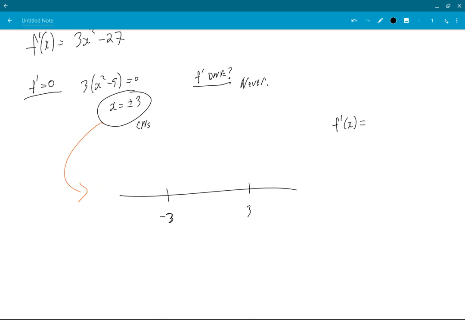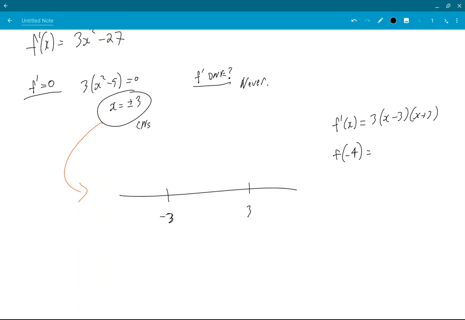And we're going to decide when the function is increasing and decreasing. So we're going to use f prime to do that. So we're going to factor f prime even more. It's 3 times x minus 3 times x plus 3. So using test points,